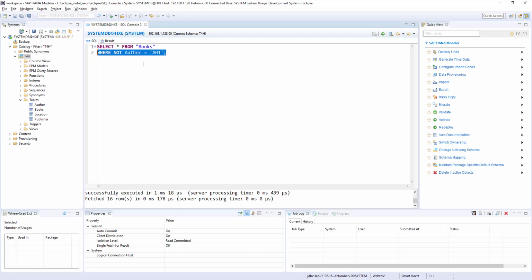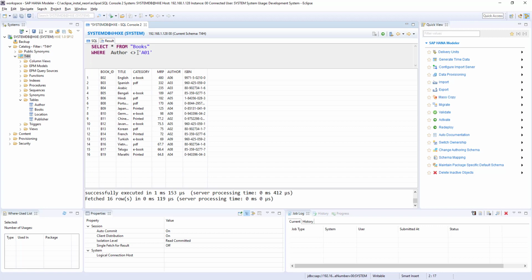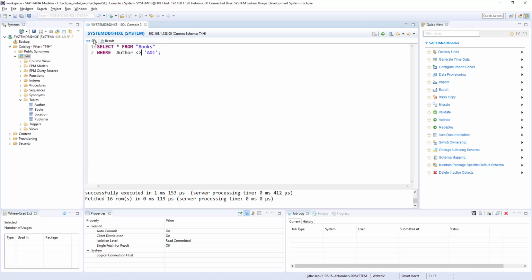So is not null is the most common statement we use, and I don't think anybody uses where not author is equal to A01, because instead of not we can use not equal to. The same result, right? So I don't see anybody using not like that, but the common thing is where author is not null.